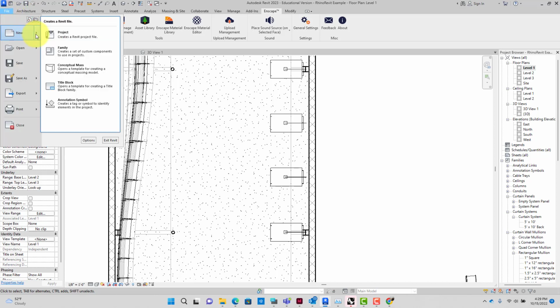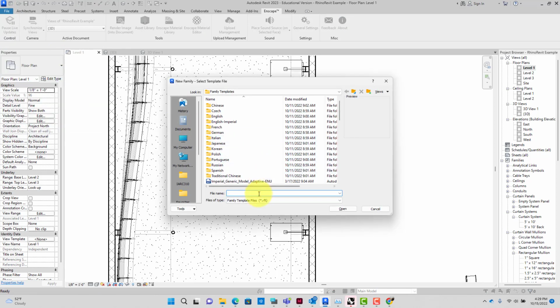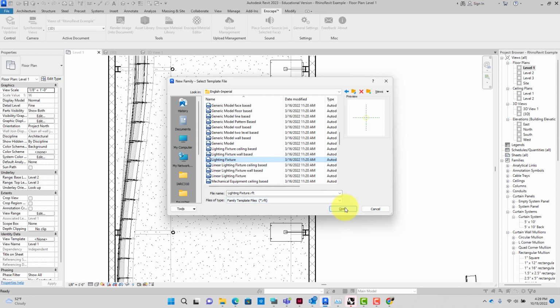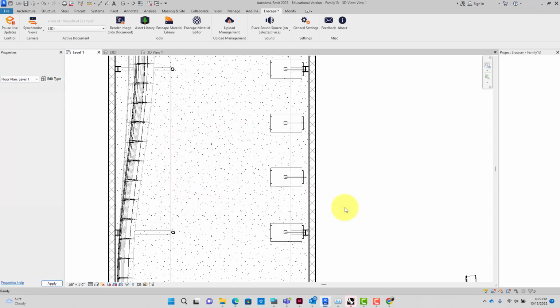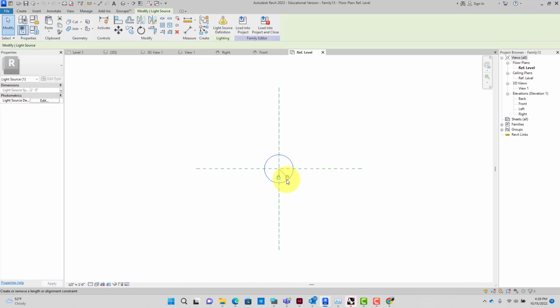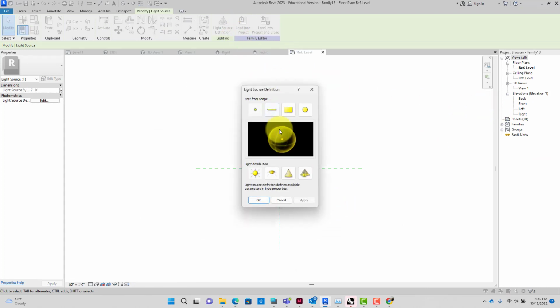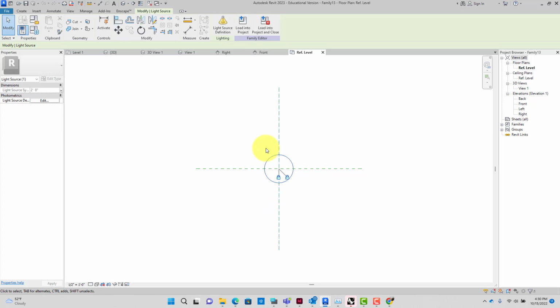So what we're going to do is basically light fixture, open, make sure it's the right type, okay, and that's it. We're going to save this